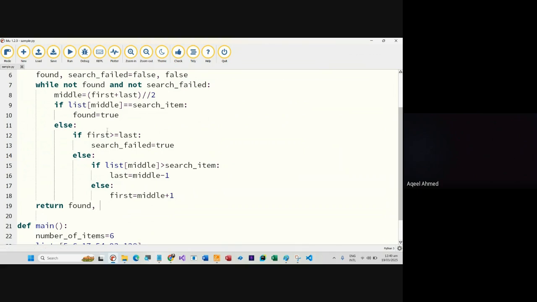Whenever the item is found, this condition will get true and then found would become true. And that's what I wanted to return. And then with that, I want to return the middle position also so that we can produce output and say where that item was located. So the item must be located at the middle position because every time we make the comparison with the middle element, so that's the position where the number is stored